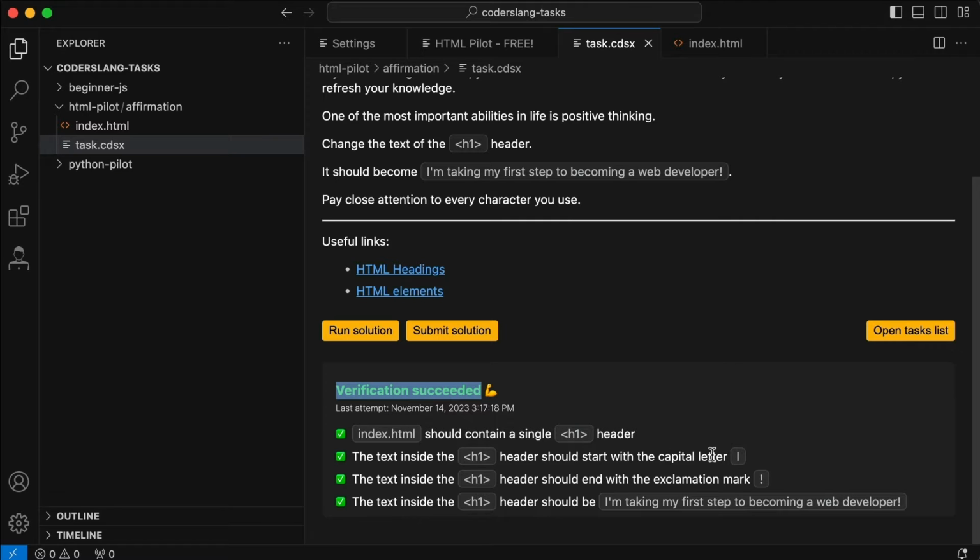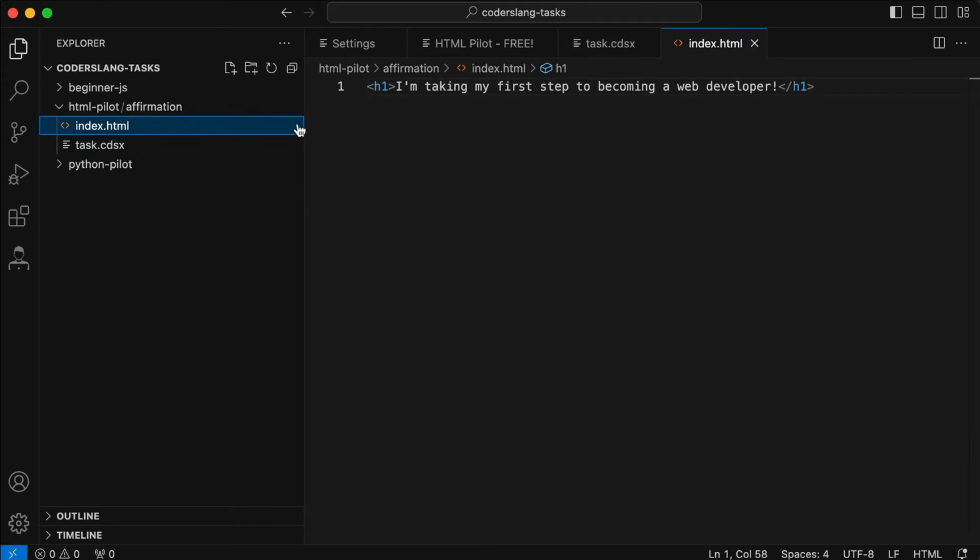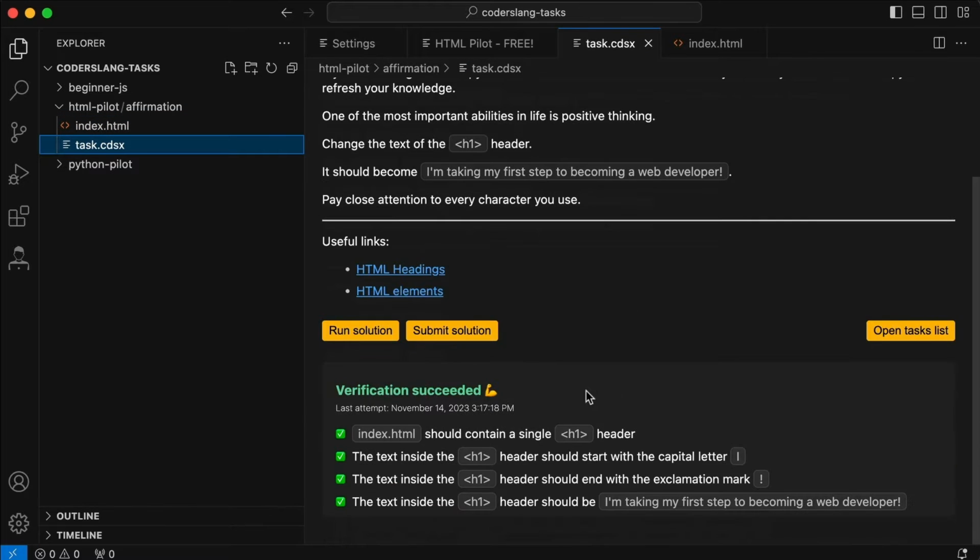If there were any errors, for example, if I were to forget to place the exclamation mark right here, then the submission would not have passed, and I would have gotten the error. Let's see how it looks. Yep, so here are two errors. It says verification failed, and the first error says the text inside the H1 header should end with the exclamation mark. And then the text inside the H1 header should be, "I'm taking my first step to becoming a web